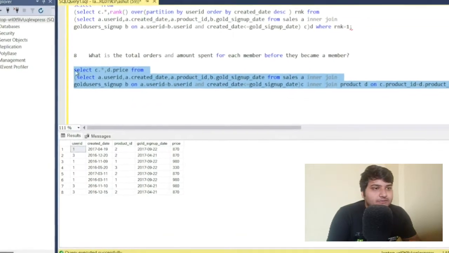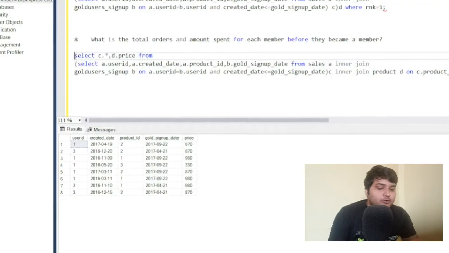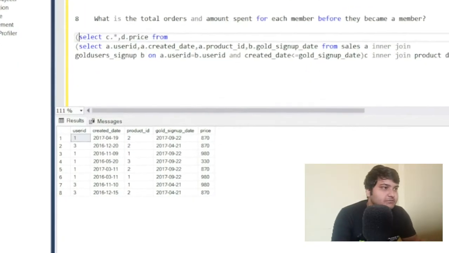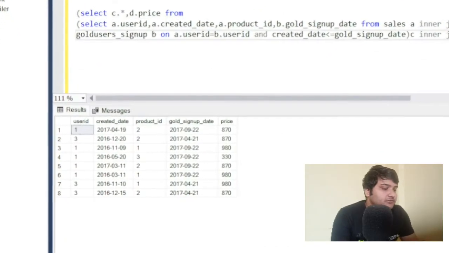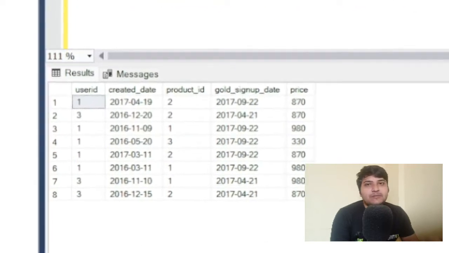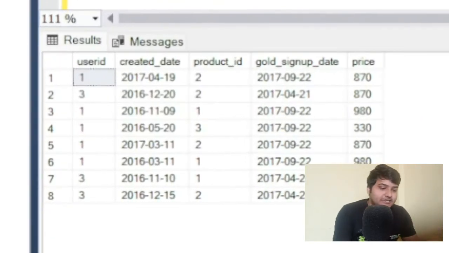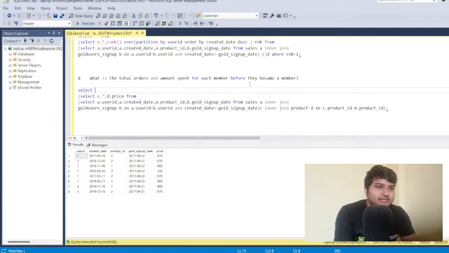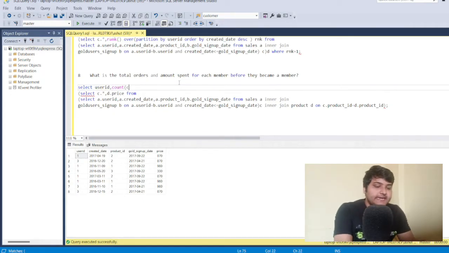After this we want to know what is the total amount which has been spent by the customers, and the total number of orders which have been done by the customers before they became a gold member. So let us see how to do this. I'll just provide a select, and I'll be getting the user ID. I will be counting over the created date. So we don't have a transaction ID or the order ID, but we can just count on the basis of